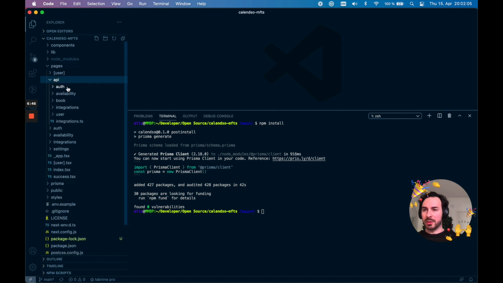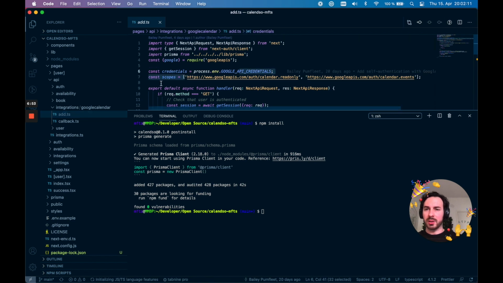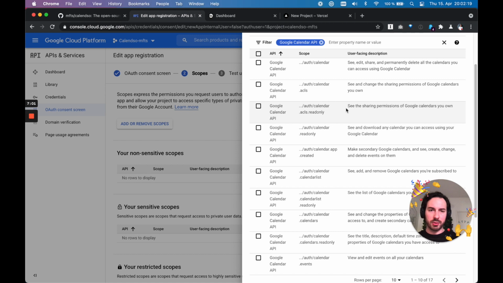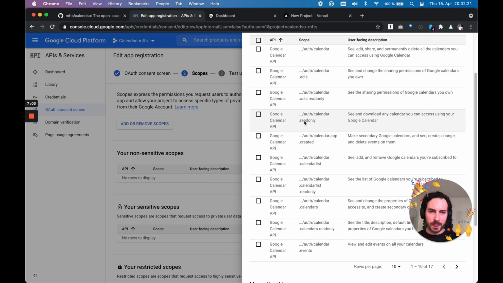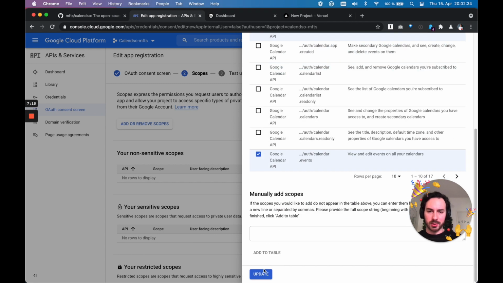But what I want to show you is the integration, which scopes we need. So we have 2 scopes here in the integrations Google Calendar tab, the calendar read only and the calendar.events. So these are the 2 that we want to search. So I've got the calendar read only, and not to be mistaken with this ACLS read only. This is for sharing permissions. And then we have calendar events, and those we can update